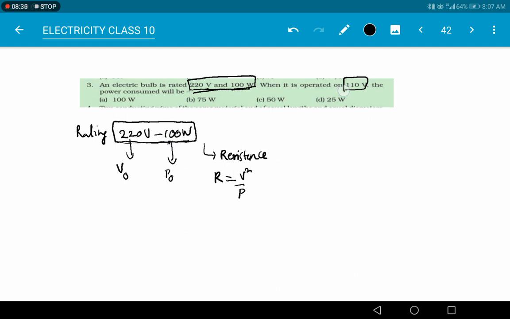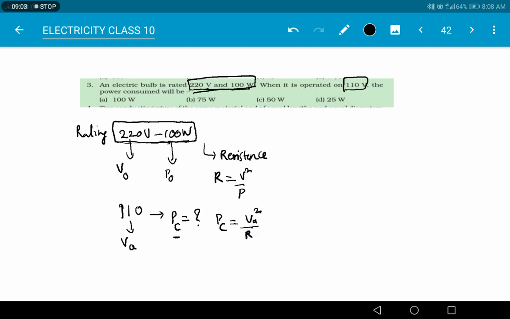That means with this operating voltage, this is the operating power of the device. But what we are doing here, we are changing the voltage. Now this is V applied. If V applied changes, then automatically power consumed by the device will also change. They are asking what is the power consumed in the process. So can I write like this? Power consumed is equal to V square by R.